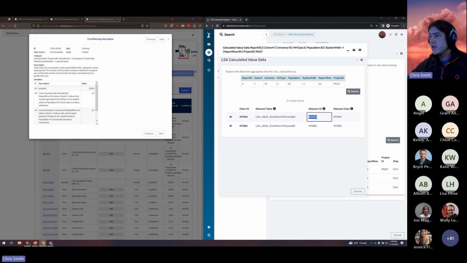Our relevant ID, which you can see matches up with our client ID, and same with relevant data. Relevant ID is